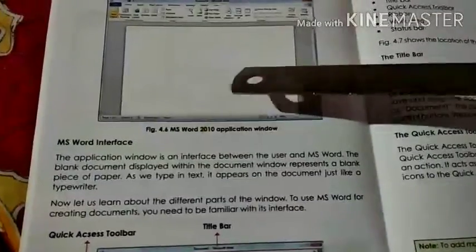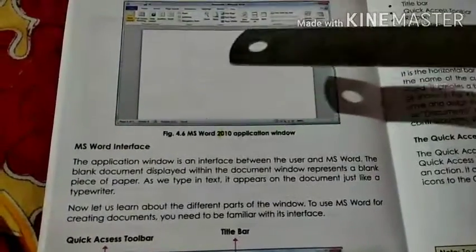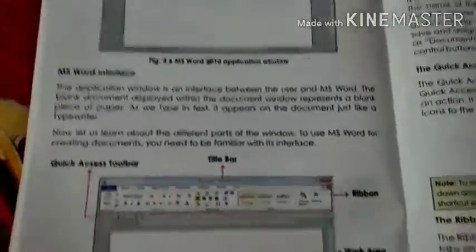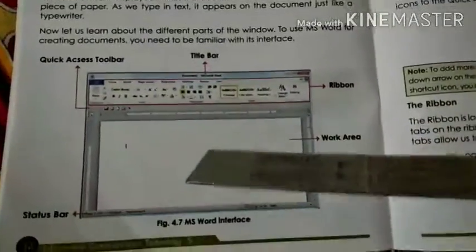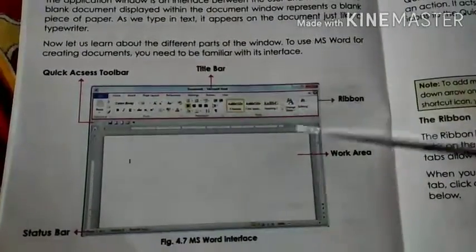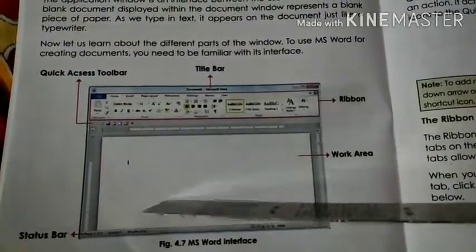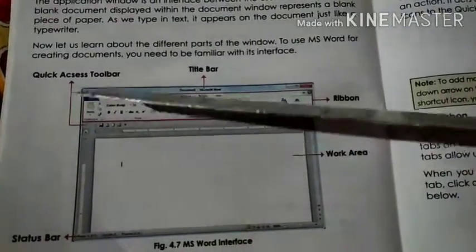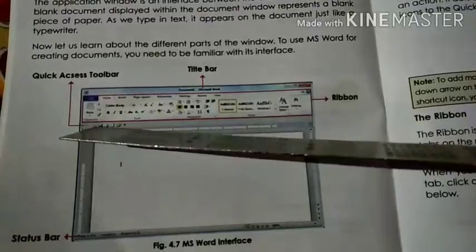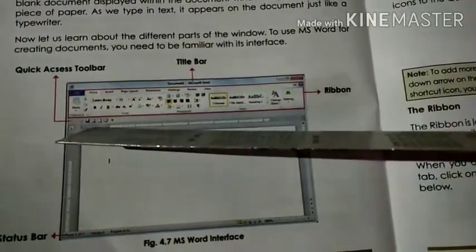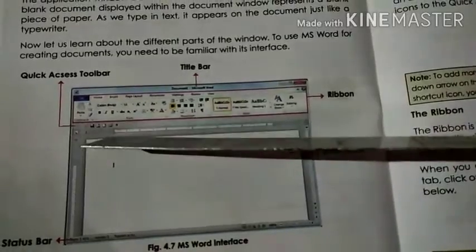And when you type letters on the keyboard, they will appear on your paper. First thing you can see in page number 32, figure 4.7, they have shown us a window of MS Word. And see here, this is the quick access toolbar where we have the shortcuts of saving, redo, undo, right?